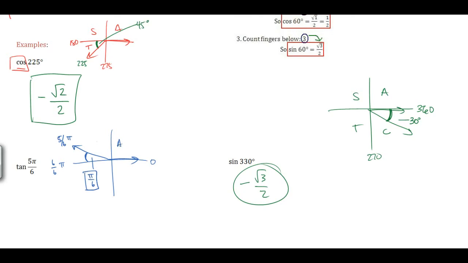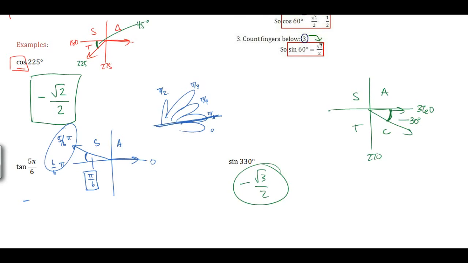Oh, forgot. All Students. S, sine's positive. This answer happens to be negative. Well, all 3 were negative. Now I find out the reference angle, which happens to be just pi over 6. So then I go to my hand. Wow, that's really nice. Remember, this is pi over 2, this is pi over 3, this is pi over 4, this is pi over 6, and this is 0. Now look, fold down that pi over 6 hand,